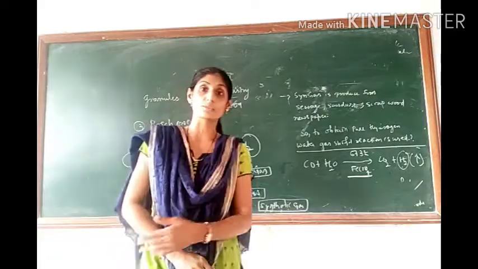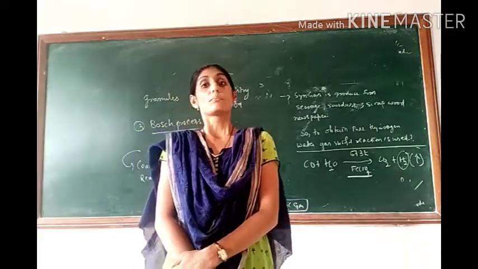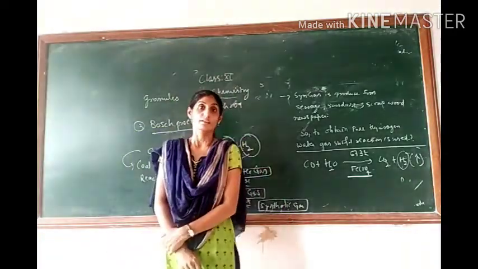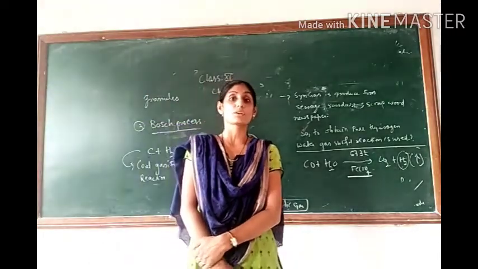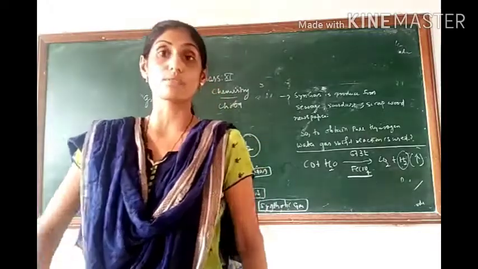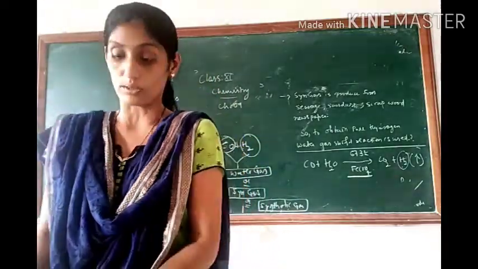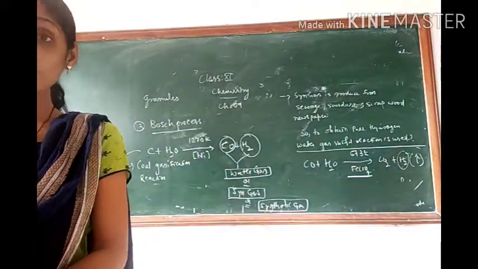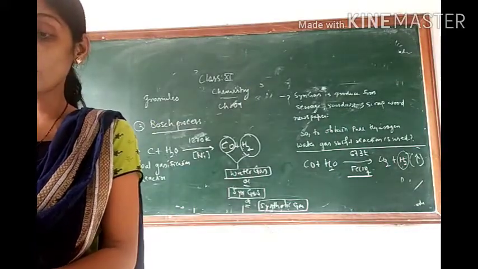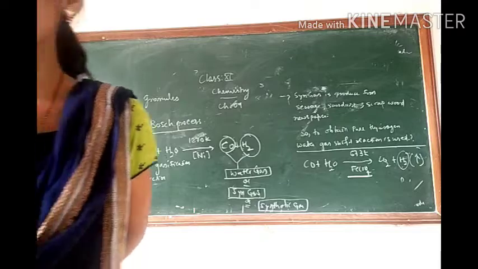Now the next process is also going to prepare hydrogen from hydrocarbons. That means methane. When we talked about methane, the combustion of methane is a formation of carbon dioxide and water. So the very third next process is known as partial oxidation of hydrocarbons.